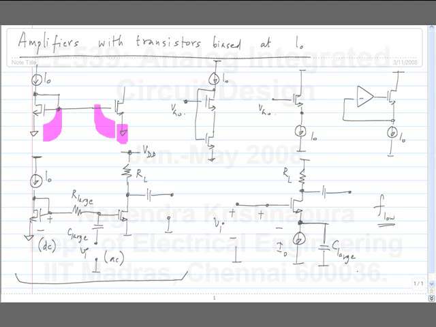1 upon 2 pi FC. But what is that? That has some units, right? Very less compared to what? Perhaps, yeah. But in terms of small signal parameters,